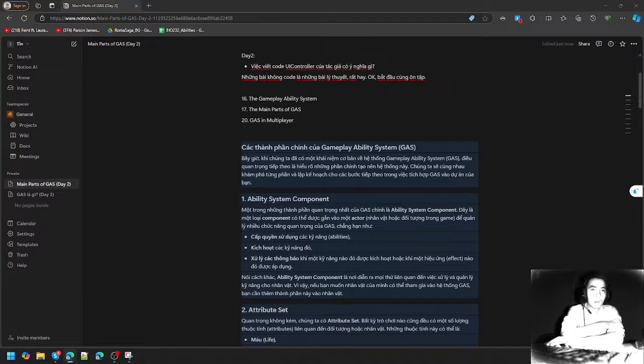So the ability system component is something that we must add to our character if we'd like that character to